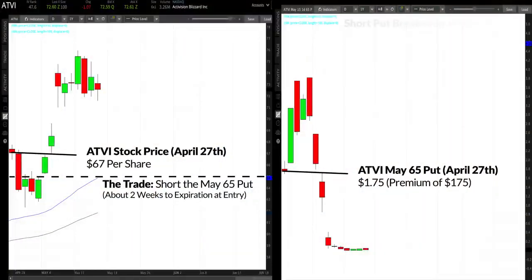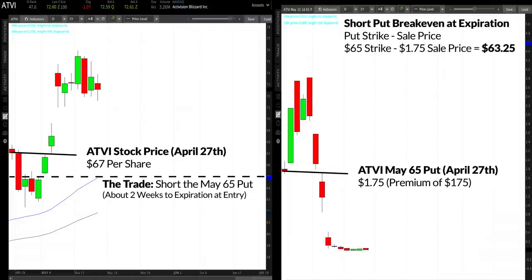For shorting puts, the break-even price is the put's strike price minus the price that you receive for selling the option. And that's because put options have intrinsic value when the stock price is below the put's strike price. So in this example, if I short the put option with a strike price of $65 and the price of that option is $1.75 when I sell it, then my break-even price on this trade is $63.25,